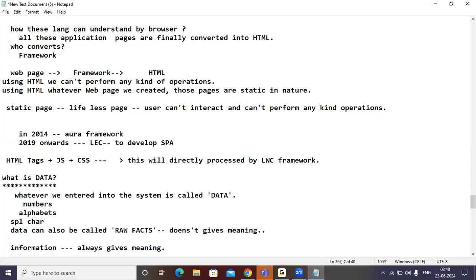So that is the basic difference between data and information, Rajesh. Data is not information. Data is different, information is different. The difference is that data never gives meaning, whereas information always gives meaning. That is why data can be called raw facts.